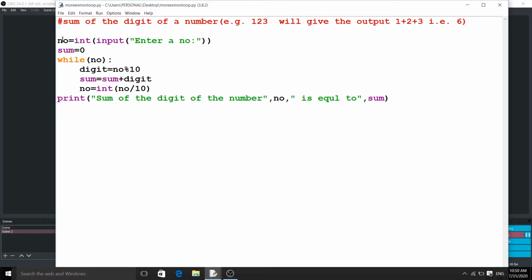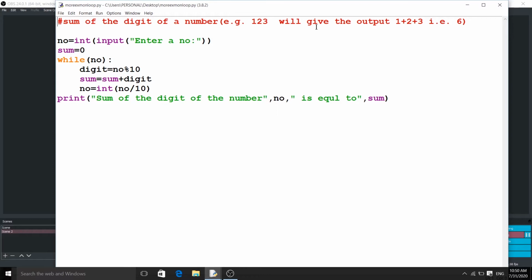So the first line, you have seen, number is a variable we are taking, and we are getting a number from the keyboard. We have initialized a variable with 0 so that it can be used to store the sum of the digits.